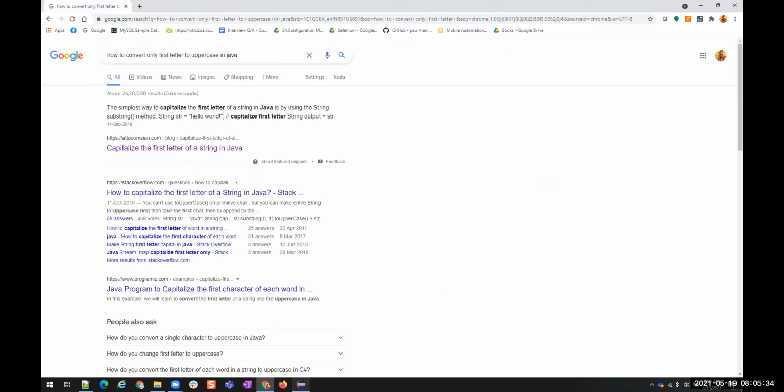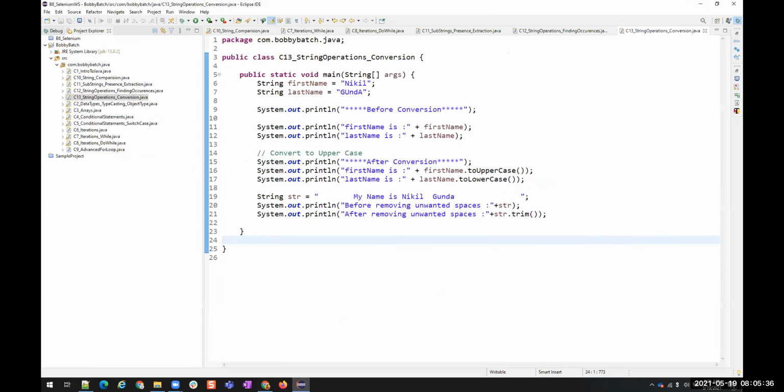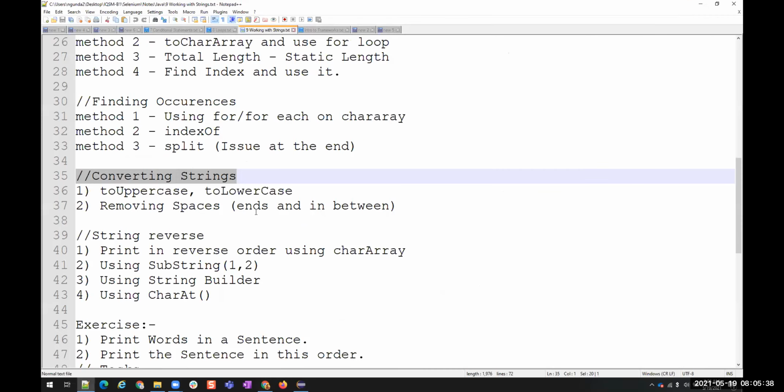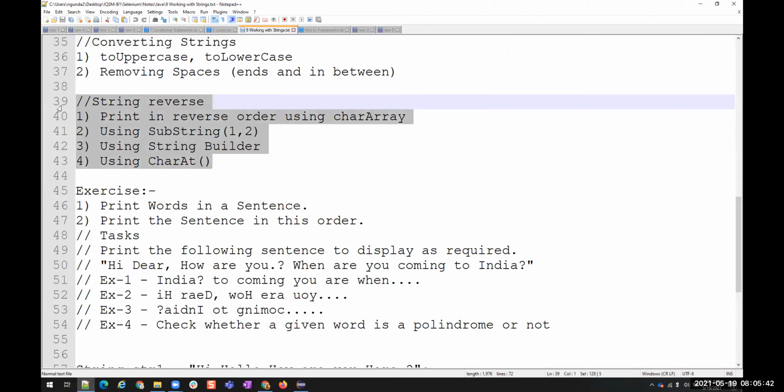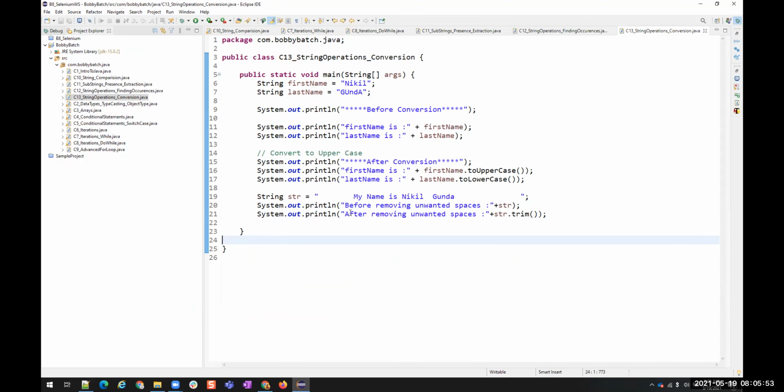All right. Now we are done with string conversion as well. We are still left with 10 minutes. Let me try to complete string reverse as well. So it's pretty simple. String reversal. These two things, string occurrence and string reverse, we are never going to use in real time.